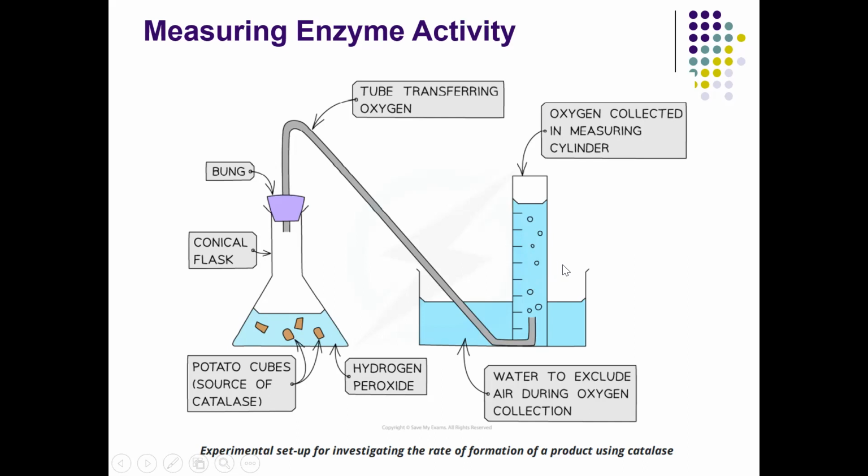And then we make a graph, where the x-axis gives the period of time, and the y-axis is the volume of the oxygen that is produced during a given time. So we can know how much oxygen is produced during a set of time, and indirectly we can know the activity of the enzyme. The higher the oxygen produced, the higher the activity of the enzyme during that time. Okay.